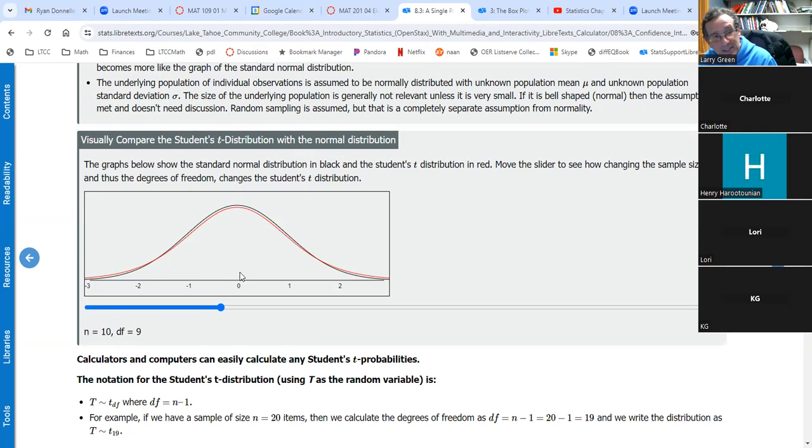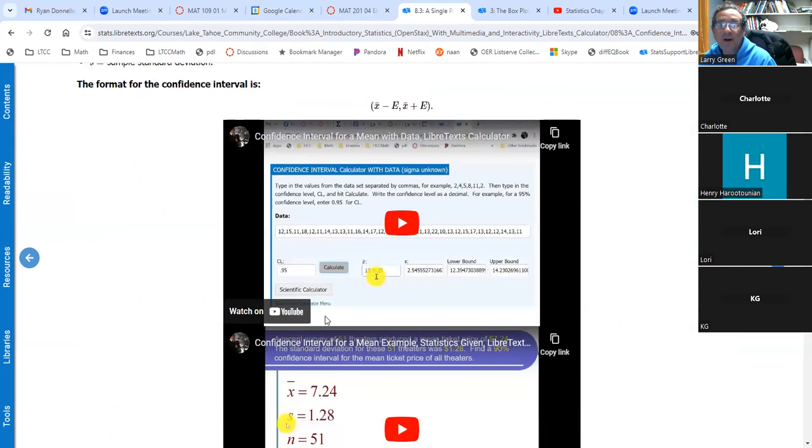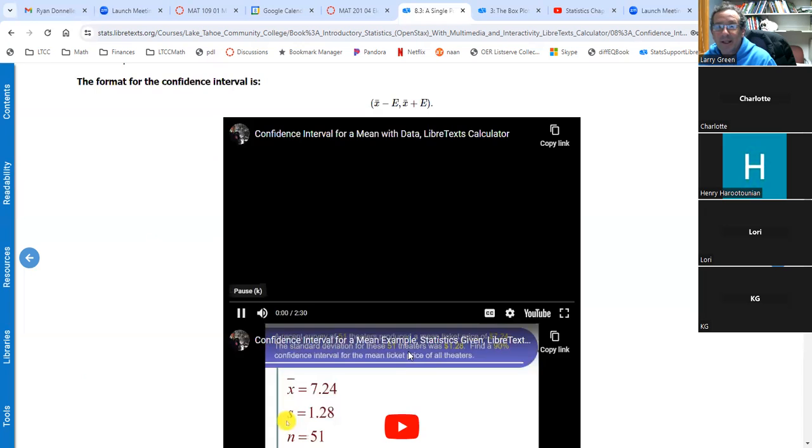within this section, there is an interactive activity that I've embedded into the book. So you can actually visualize what's talked about by moving a slider. And you can actually see it go. Again, I don't expect you to understand exactly what it's doing because we haven't had this chapter yet, but you can see it happening. Then if you scroll more, this is one of the YouTube examples that I created,